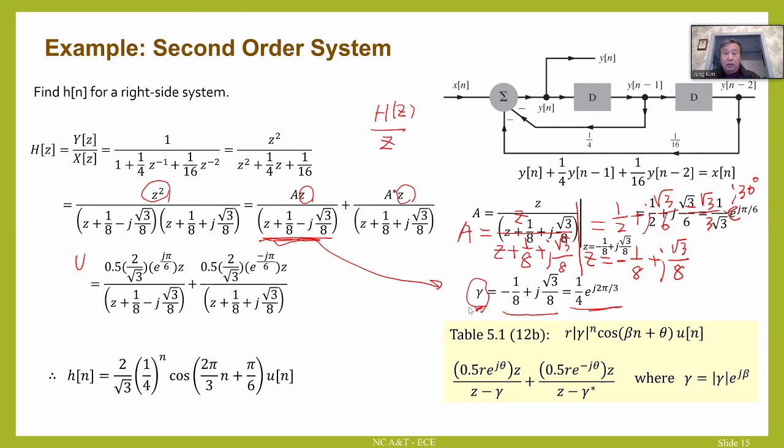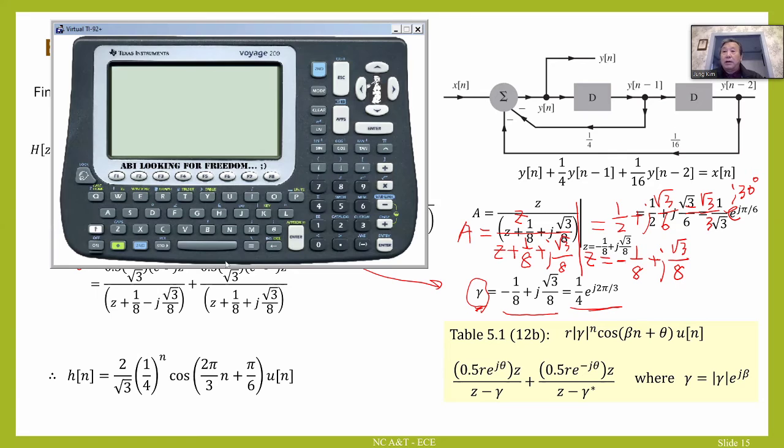For example, instead of by hand, I normally type minus 1 over 8 plus j square root of 3 over 8, and then you can use the catalog, use polar, and type like this. So the magnitude is 1/4, the angle equals